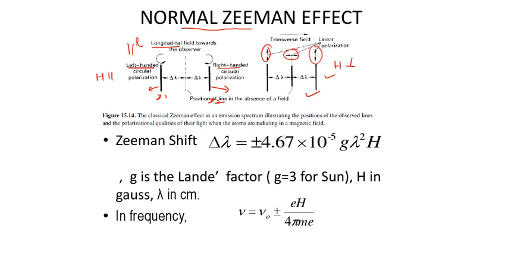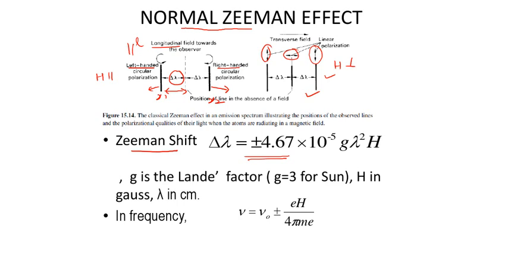Now, I told you that there is a Zeeman shift. What is the Zeeman shift? Here you can see in the diagram that by how much wavelength or frequency the component lines are separated from the central line is what is known as the Zeeman shift. The Zeeman shift is given by a theoretical equation, borrowed from elsewhere. I strongly suggest that you memorize this equation, because you may encounter problems based on it. It is a simple equation: you will be given the magnetic field and the wavelength, and you are asked to find the Zeeman shift. So only direct problems will be given.